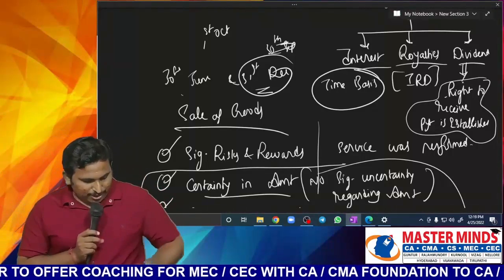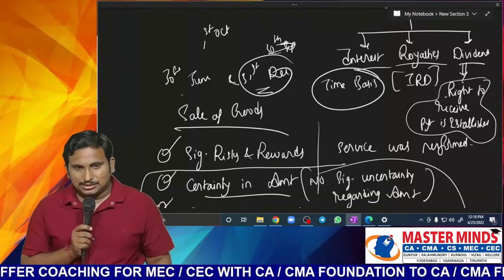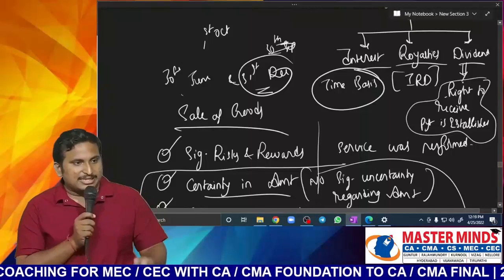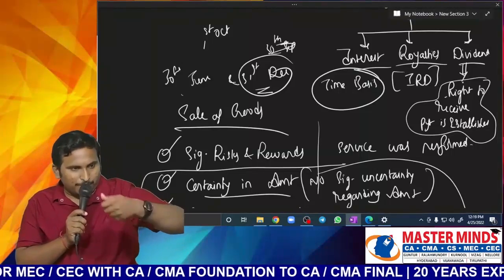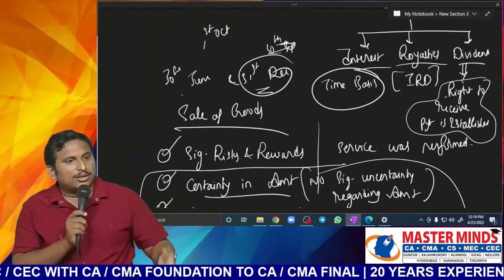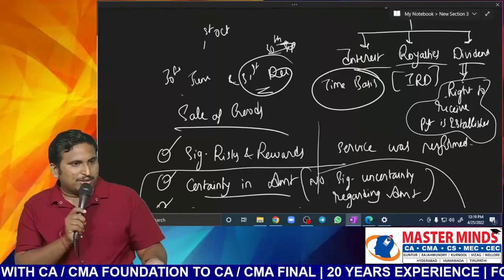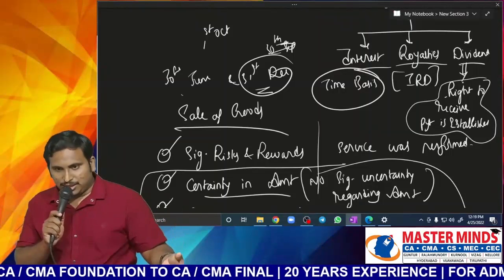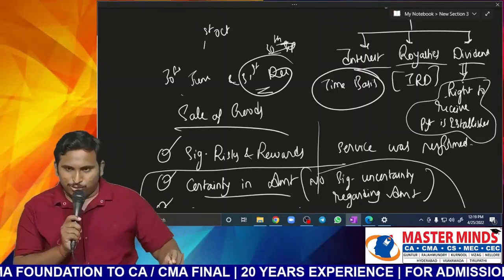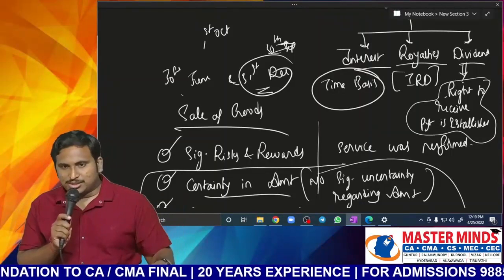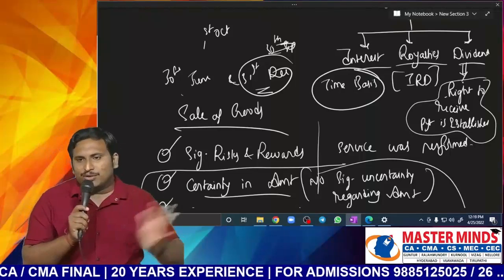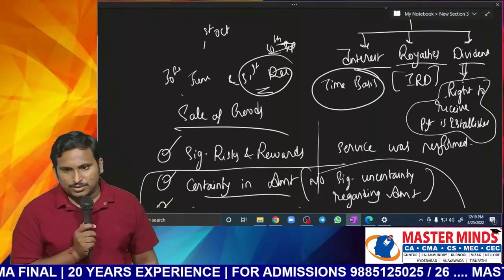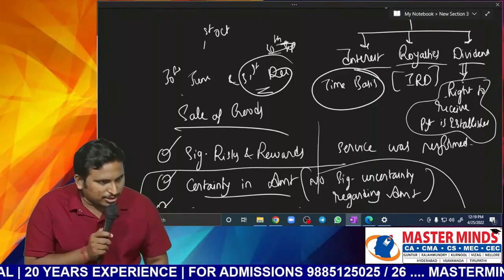Now, when can you recognize the royalty? Royalty means, let us say, copyright, sir. Let us say you are an author, sir, an author of accounts books. Now he has created a book, sir. Now some publications have taken it and are selling those books. Now how do you give the revenue to that author?